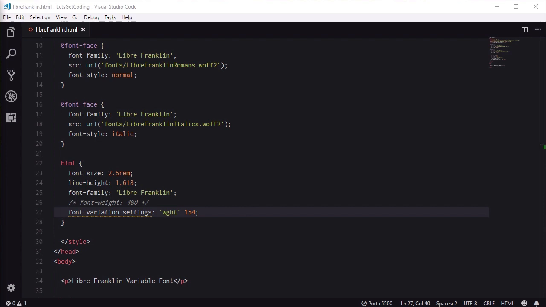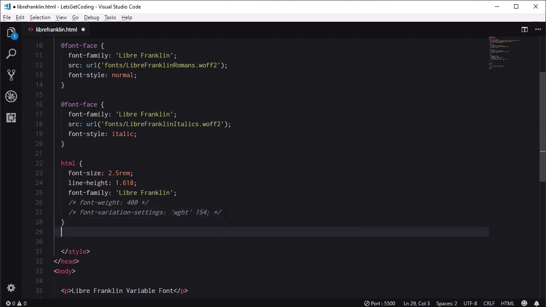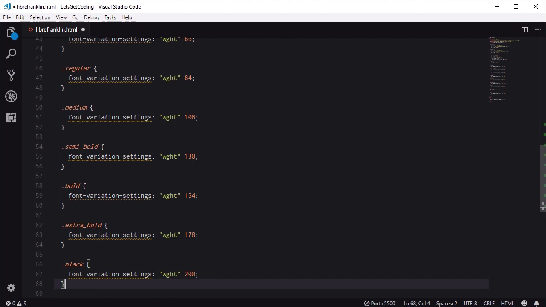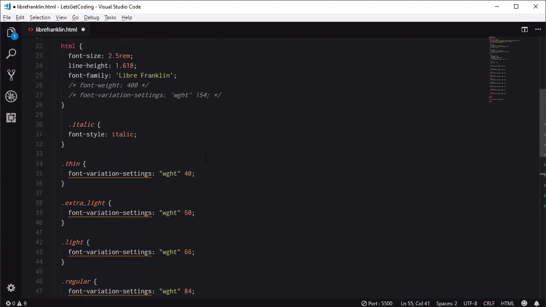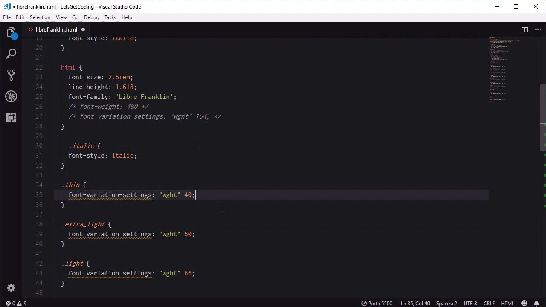You'll get access to this file, so you'll be able to open it up and look directly at it if you don't want to go typing all of this code up yourself. But what we can actually do, I'm just going to comment this out, is create a class to represent each one of the weights that we want to use. So this has each one of the correct values that's pulled from the named instances,